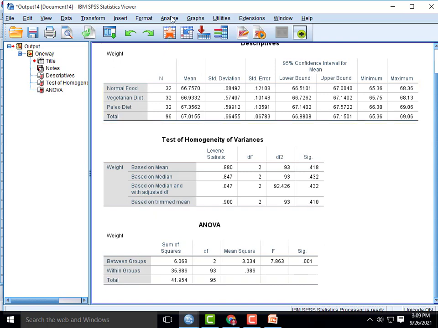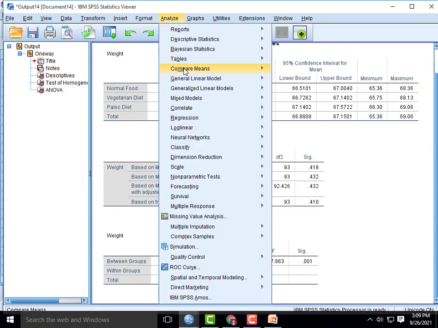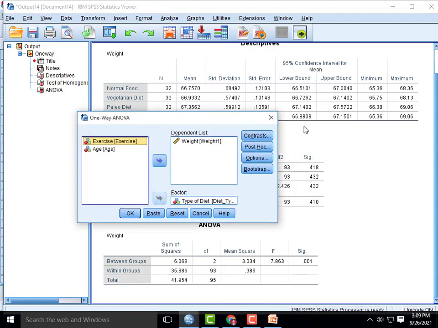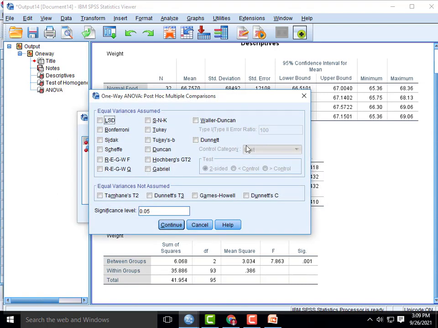So go to Analyze, select Compare Means, go to One-Way ANOVA, and click Post Hoc. Here we have different tests in post hoc: equal variances assumed, and equal variances not assumed.